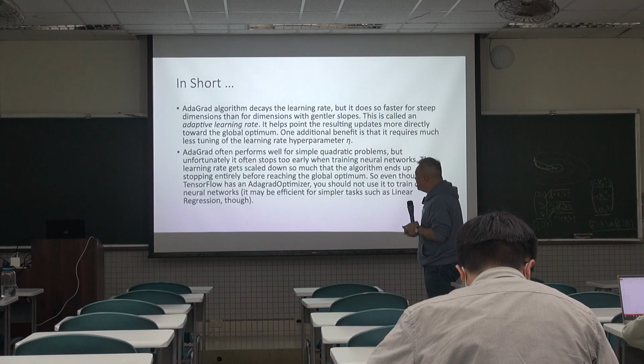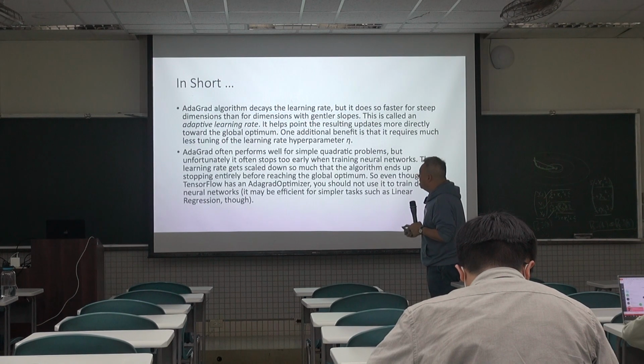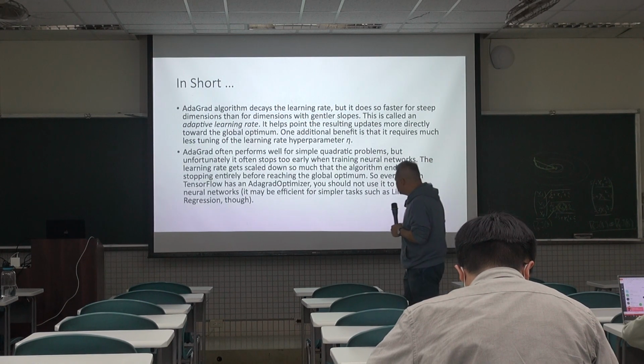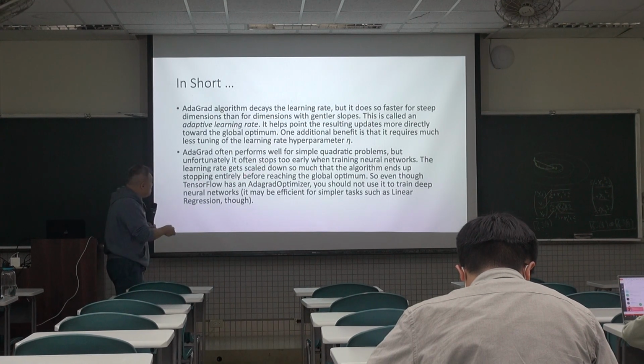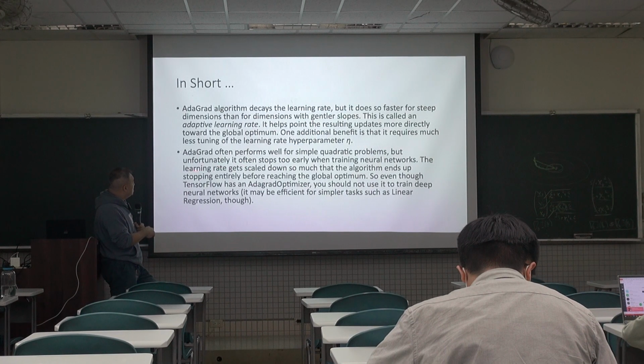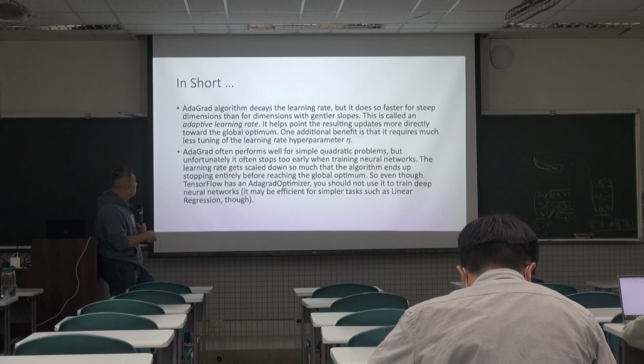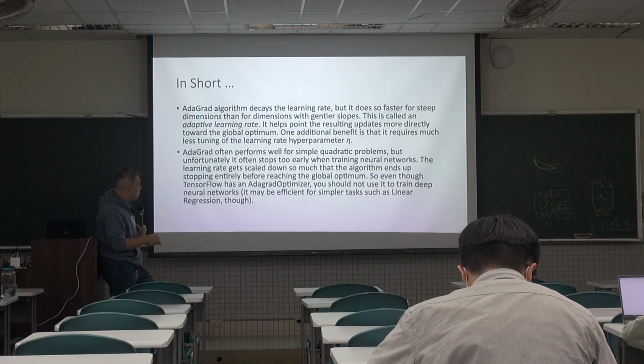However, AdaGrad often performs well for simple quadratic problems, but it often stops too early when training neural networks. The learning rate gets scaled down so much that the algorithm ends up stopping entirely before reaching the global optimum. That's because,